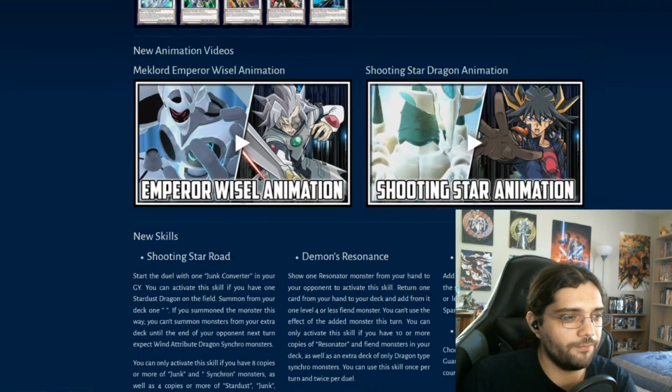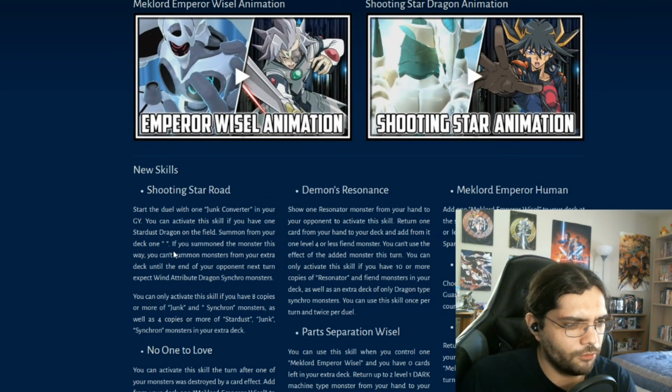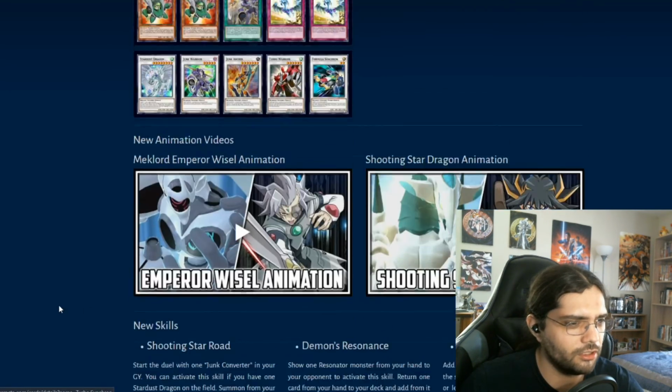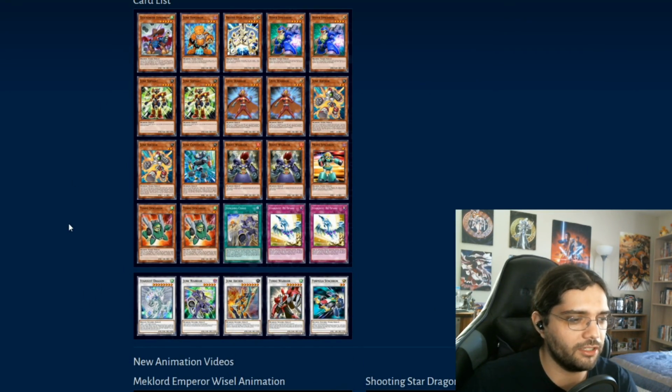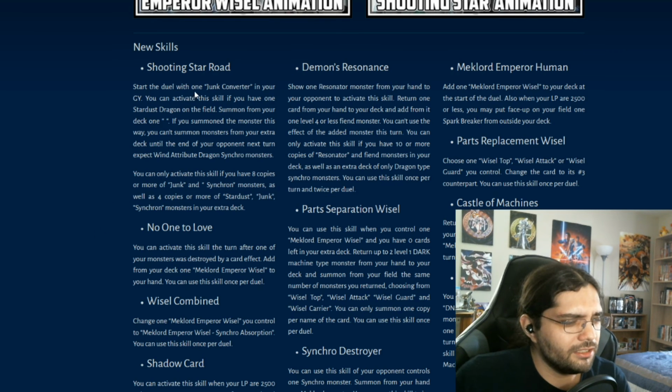There's going to be a new skill coming out. Not sure fully on the details yet, but you've got to start the duel with a Junk Converter in your graveyard. I forgot this is the Junk Converter card, so you start out with a copy of that, which is nice. It's a level 2, which means that your Junk Synchron can immediately on turn 1 already have a target to go into a level 5 play, but the skill says you start out with one in your graveyard, and then if you have a Stardust Dragon on the field, special summon from your deck one something, don't know what,